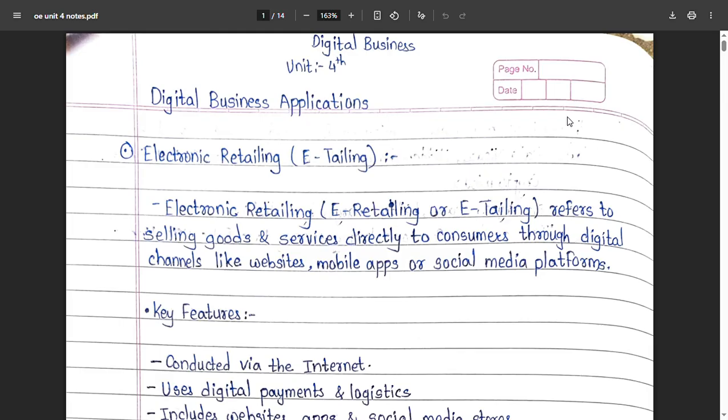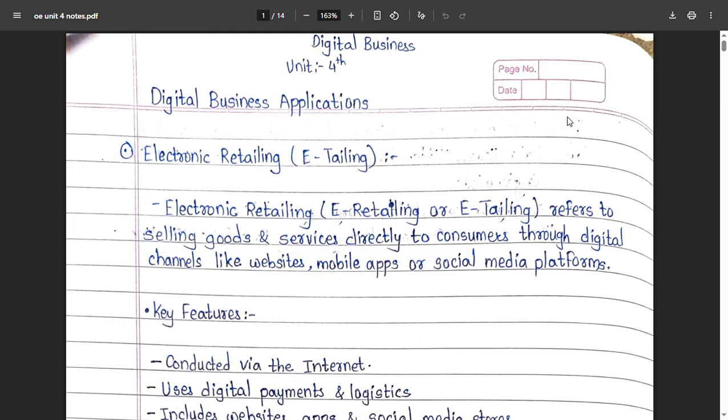Suppose we take the example of pharma companies selling to the retail, whatever the medicals. So what's the actual process?